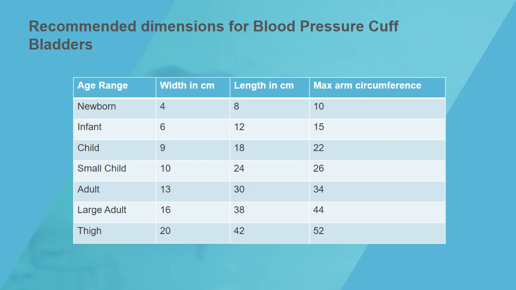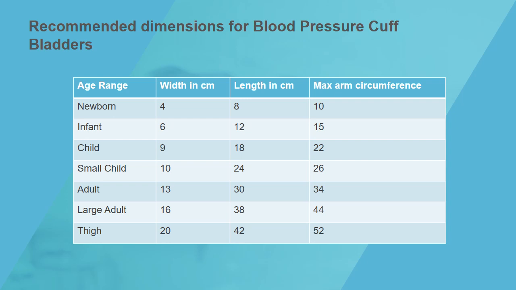When we are discussing non-invasive blood pressure monitoring, we need to keep in mind that if we don't use an appropriate bladder cuff size for the arm circumference, we are not going to get good or accurate readings. For example, if you apply a larger cuff as compared to the arm circumference, you are going to get a small reading of the systolic blood pressure, and vice versa. If you apply a smaller or narrow blood pressure cuff on a big arm, you're going to get a high reading.